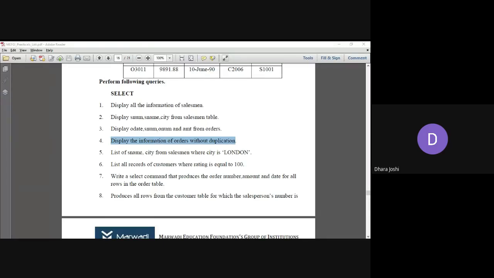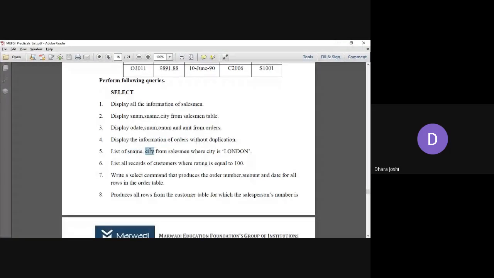Okay, do not write the query's solution directly in the chat box. We'll give you 1 minute so everyone can think by themselves what the solution for query number 5 can be. List the salesman name and city from the salesman table where the city is London.